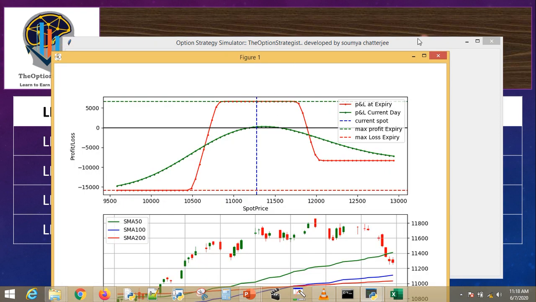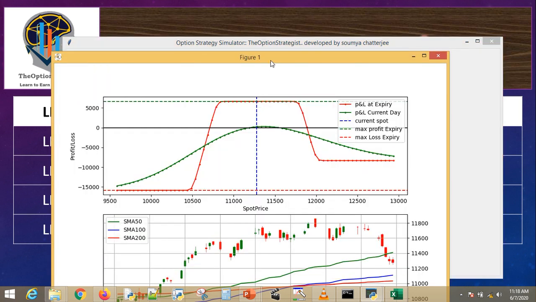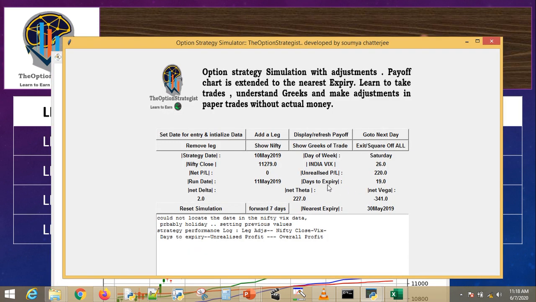So as you see, this was Friday and the next day is Saturday. The only thing that happened is the theta decay. Nothing has changed, right? So you are still at the same position, and with that, the interesting